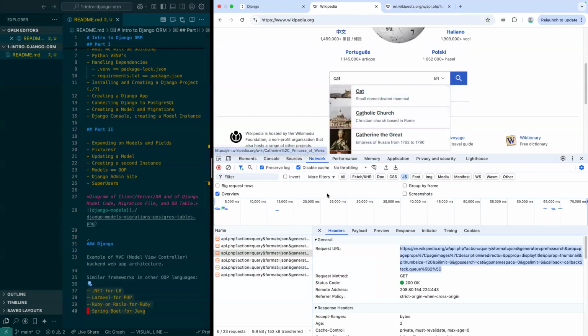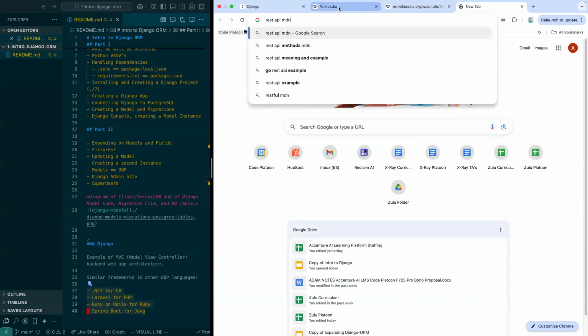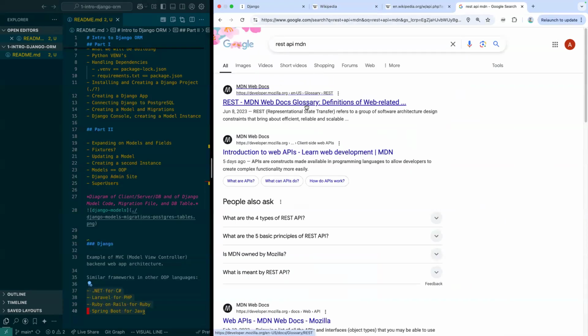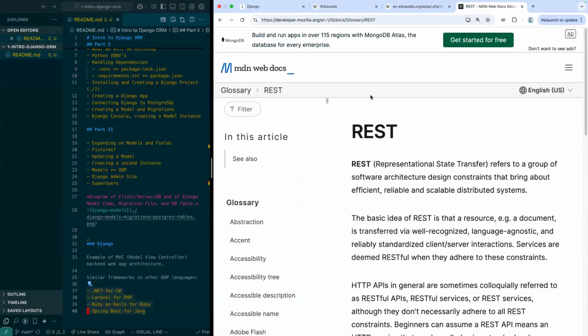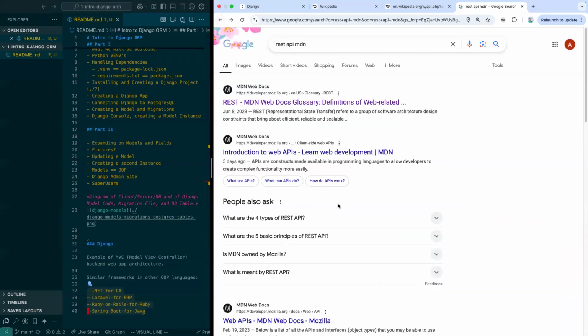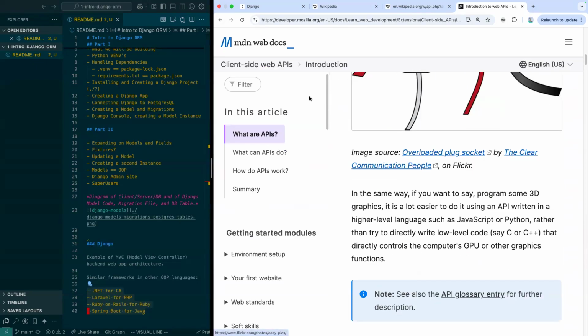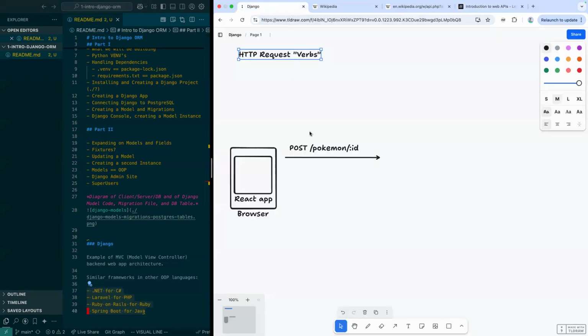I do recommend having the network tab open while you browse around the internet. Start looking at this just to get familiar with it. A good starting point is this article on REST if you want to get into it more, or maybe an introduction to web APIs. But we'll talk about this more later. Today we're going to focus on Django, but the reason I wanted to touch on this